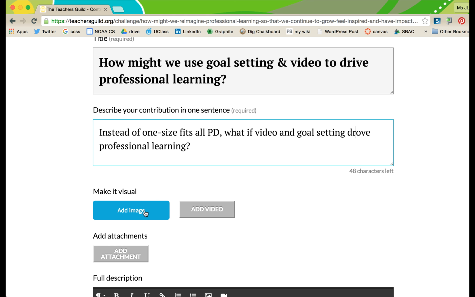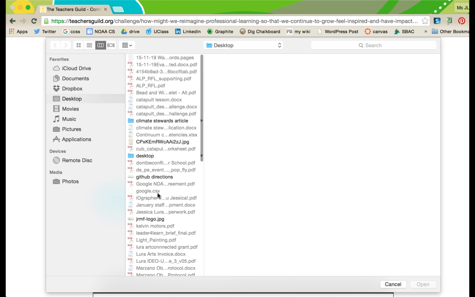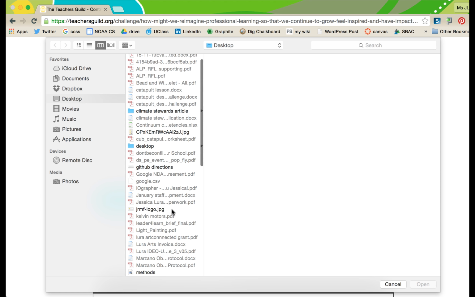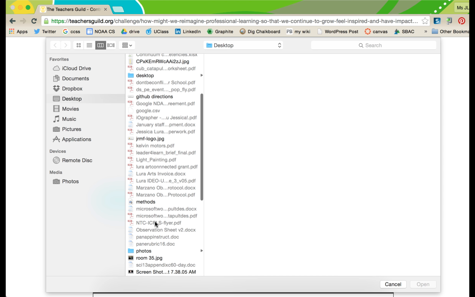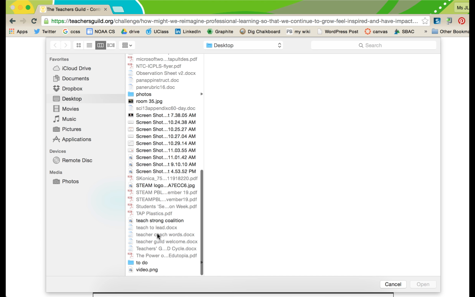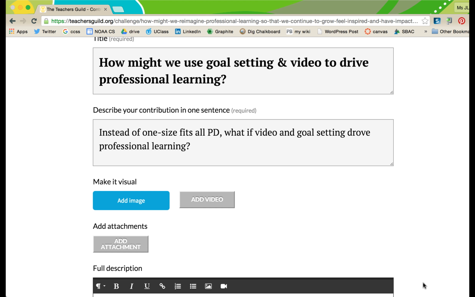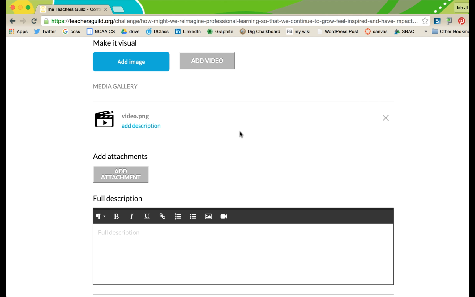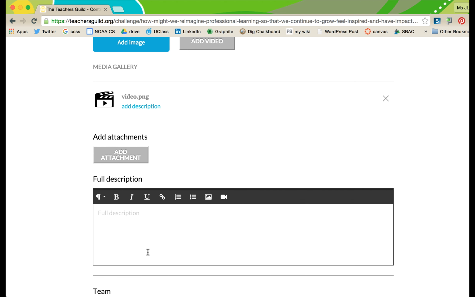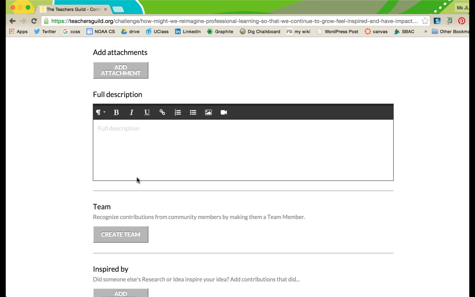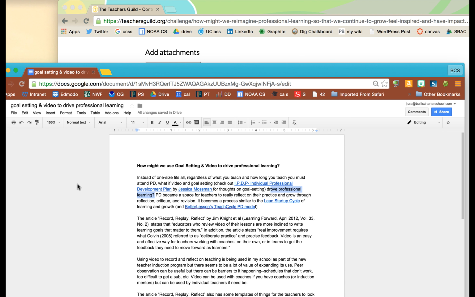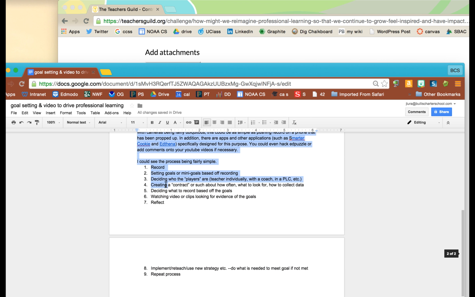So to add that image, I click on Add Image, and it's going to pull it from my desktop rather than from a website or asking for a URL. And so I'm going to click on the video dot, and it will upload my image of a video, and I can add a description there if I'd like. I can also add in attachments, and then this is the space for my full description, and I'm going to cut and paste from my already created